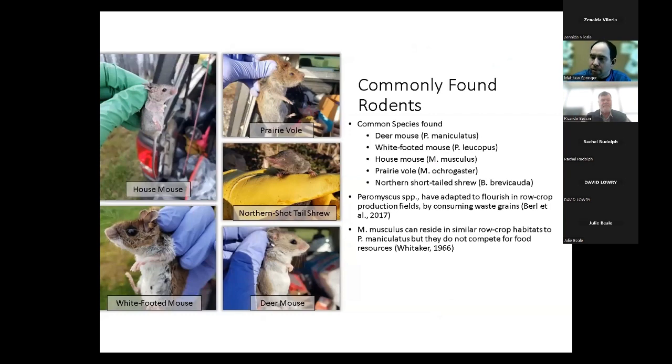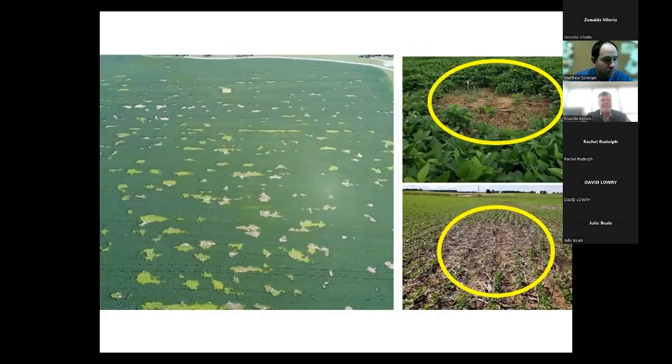And we've got a bunch of different rodents that are found within our agricultural fields. Probably the most common are your Peromyscus species, your white-footed mice, your deer mice, as well as your house mouse. However, in certain situations, we do see an uptick in voles, primarily prairie vole. And the reason why this is a concern is they live in colonies, basically. And when those densities get up and food supplies are not what they need in terms of the plants that are there that are non-production plants,